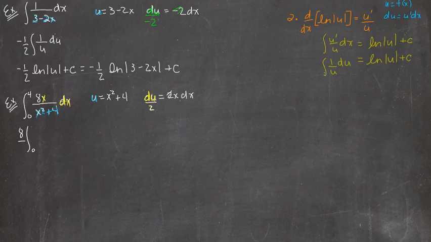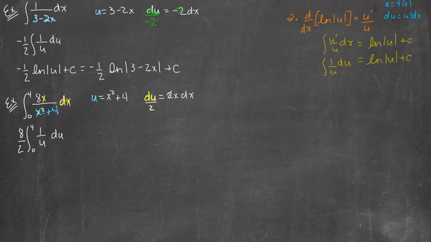So I've got the integral from 0 to 4 of, well, the 8's already gone. My x dx becomes du over 2, but 2 is just a constant. And then I'm left with 1 over u. So I was able to rearrange the whole thing, replacing every single thing following the integration symbol with something new using the substitution. Now I can apply my substitution rule for integrating